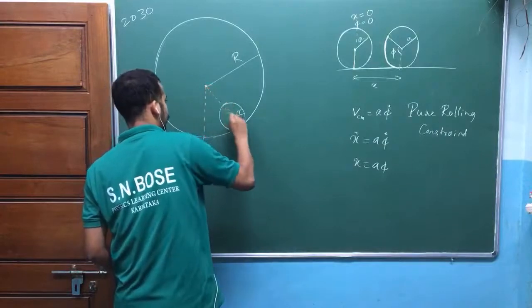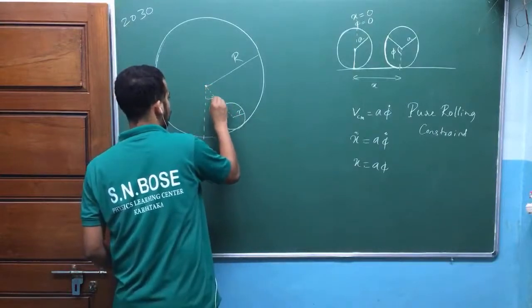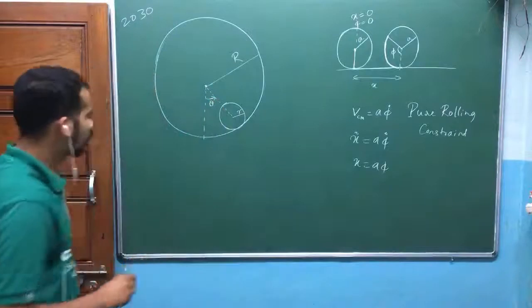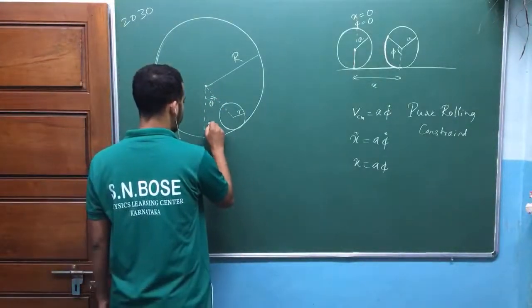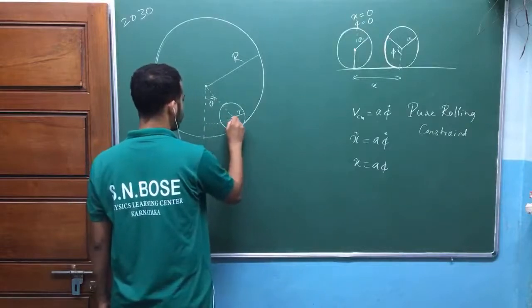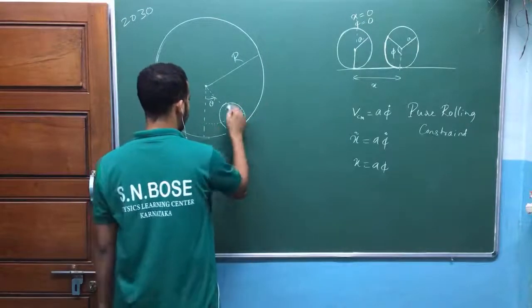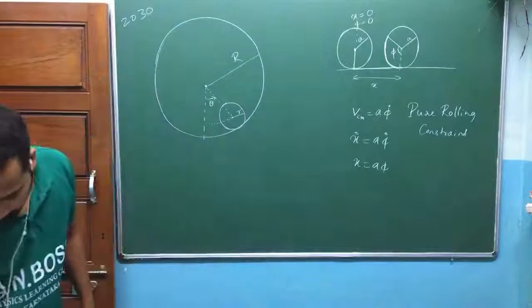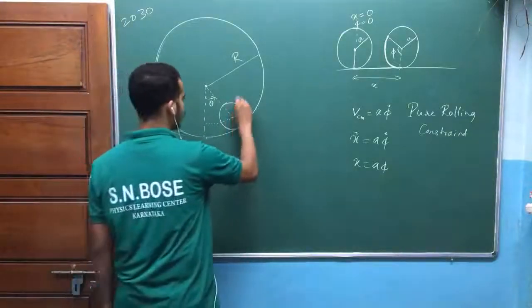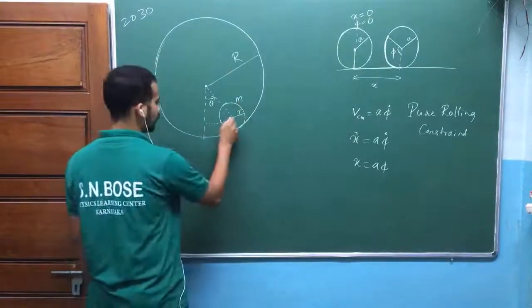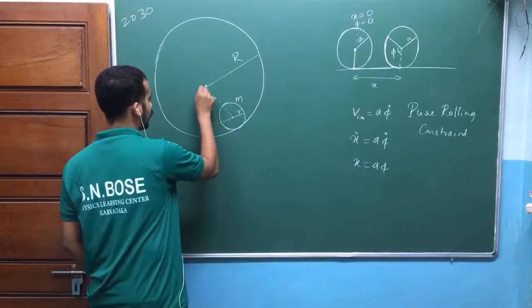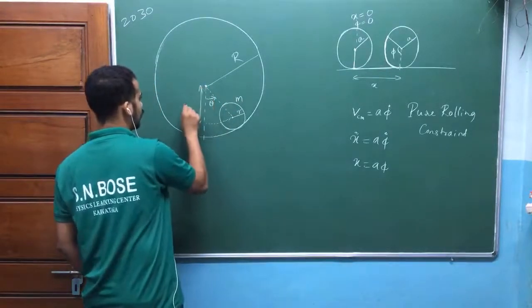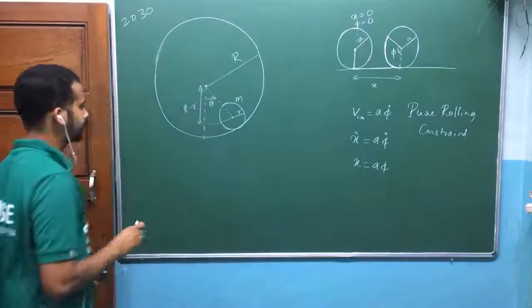Okay. So I have taken this one as theta. Theta is the coordinate that I have taken to talk about motion of the center of mass. This is the center of mass of this solid cylinder of mass m. Now again, what we have written is, this distance is nothing but R minus r.